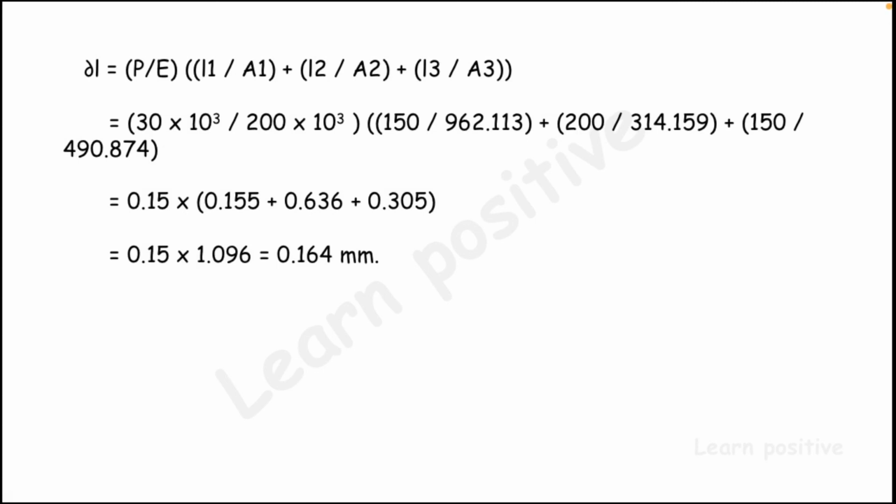Now you can get the answer in different forms like 0.165, 0.167, whatever it may be, but it is a value starting with 0.1. So this will be the correct answer, and we are going to write the result. The result is change in length, that is elongation of bar, change in length equal to total change in length